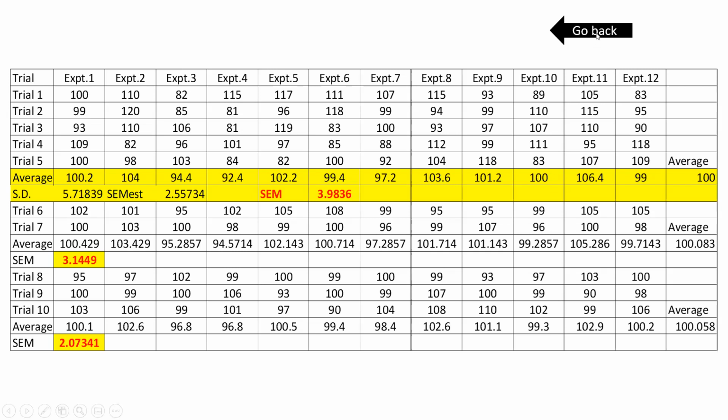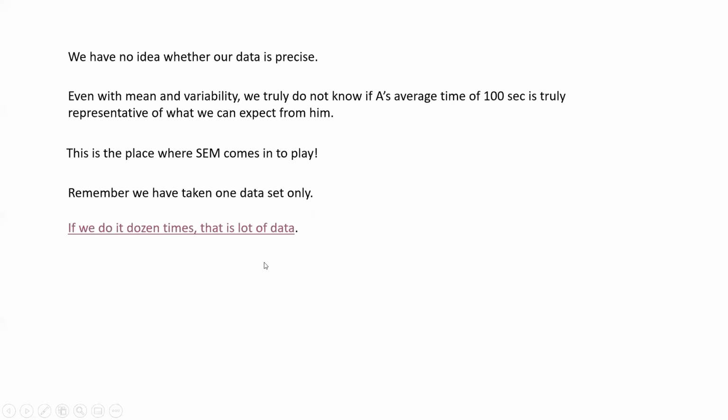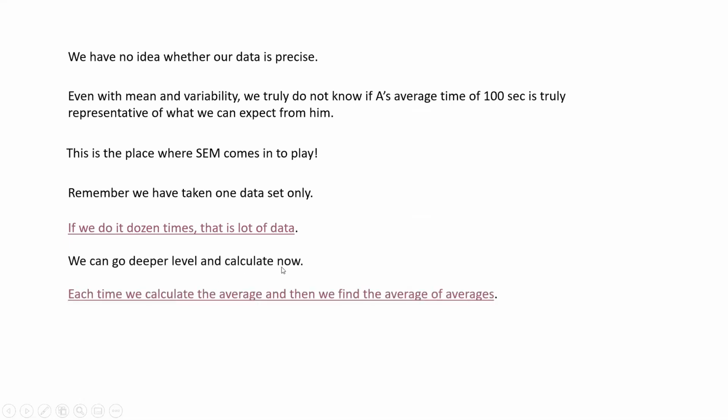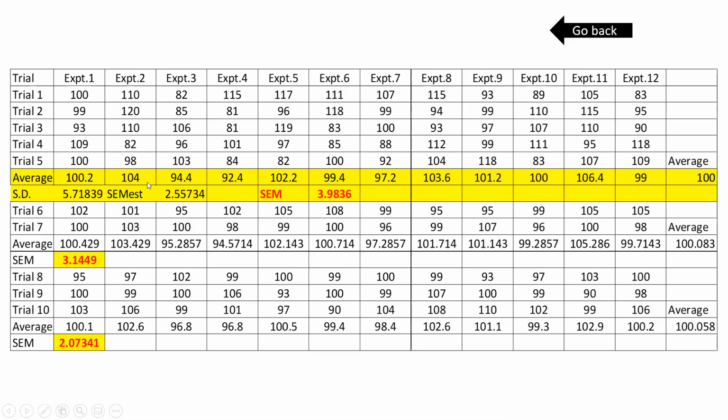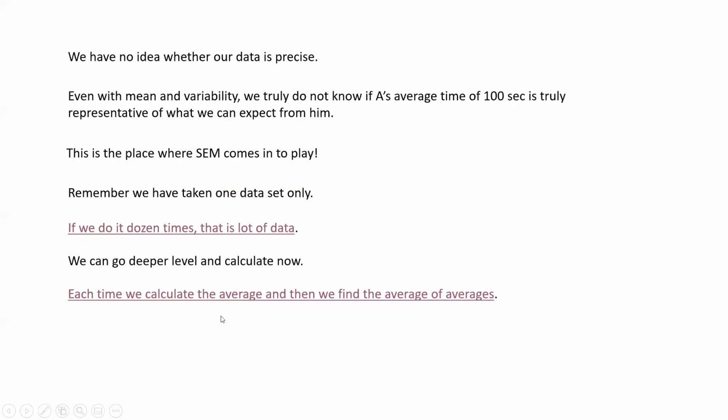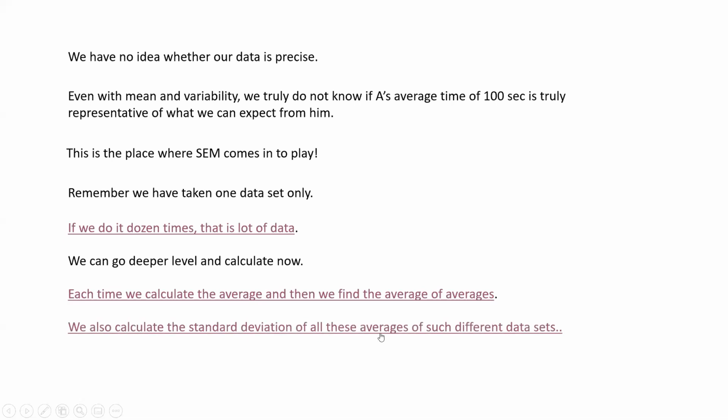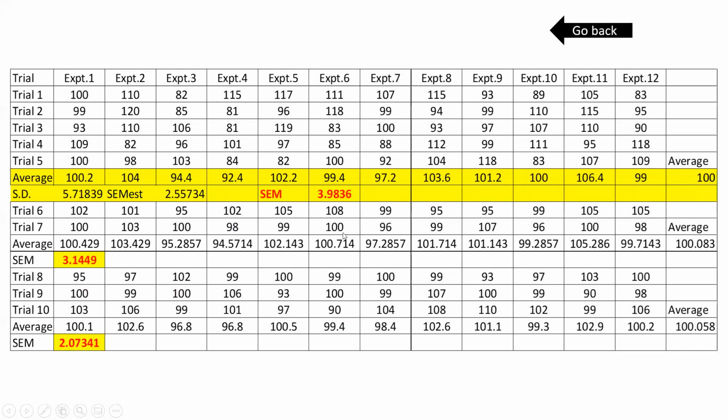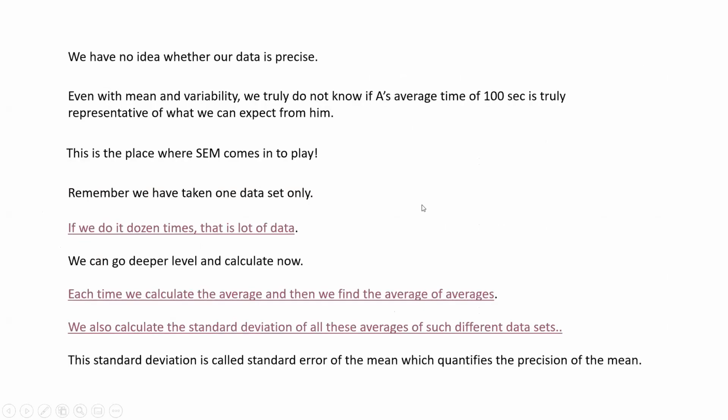We'll go back, we'll see here. If you do it a dozen times, this is a lot of data. We can go a deeper level and calculate now. Each time we calculate the average and then find the average of averages, right? And then we also calculate the standard deviation of these averages of such different sets, right? That is what this is here: average of averages and standard deviation of the averages, standard error of the mean, 3.986. This is what we have got. Now,